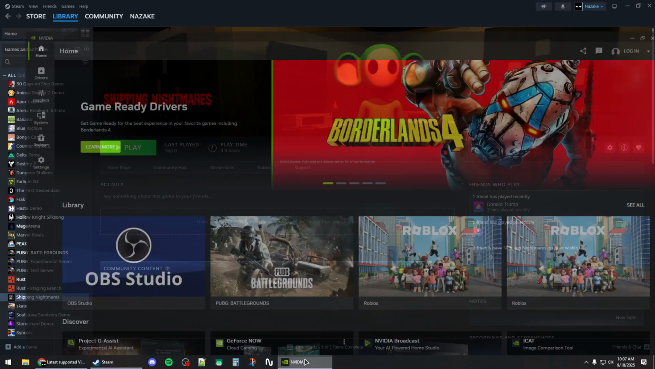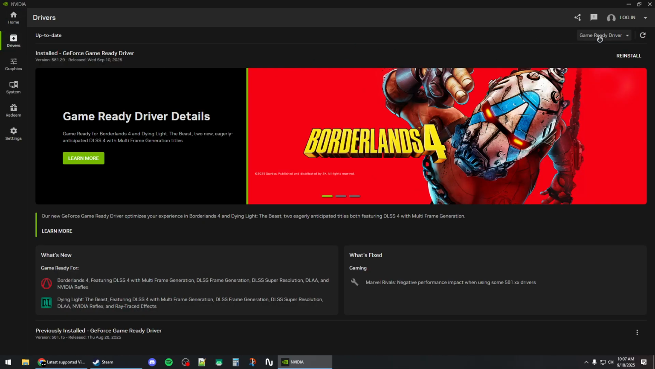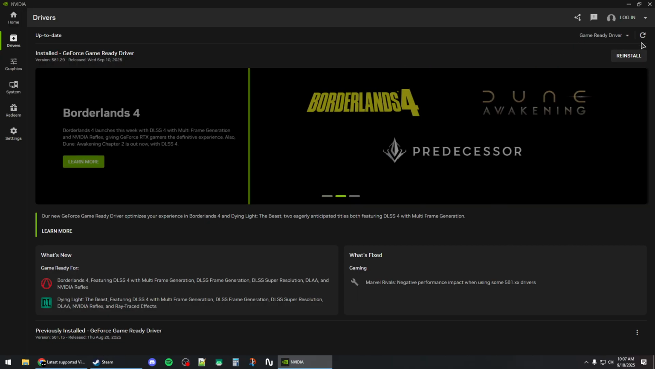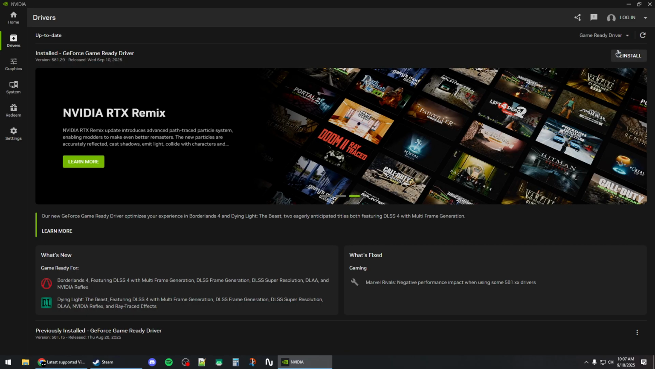Next, you will need to open up your GPU application. So for NVIDIA, it's NVIDIA app. You want to go to the drivers section and make sure to download the latest game ready driver. And if you have the latest one, you can try to reinstall it by clicking this button right